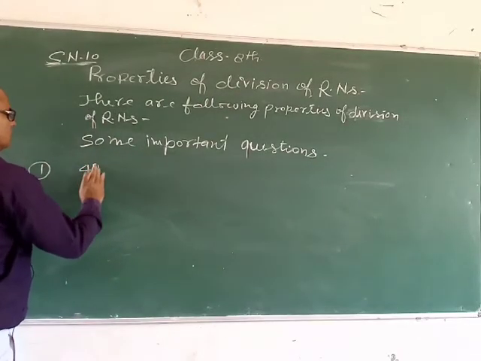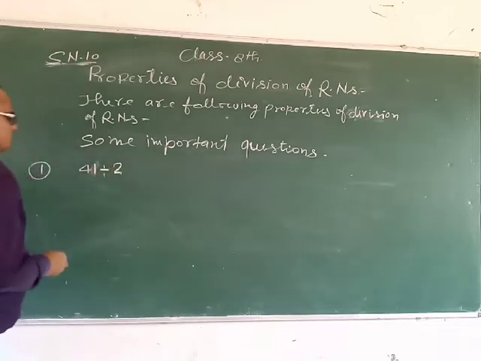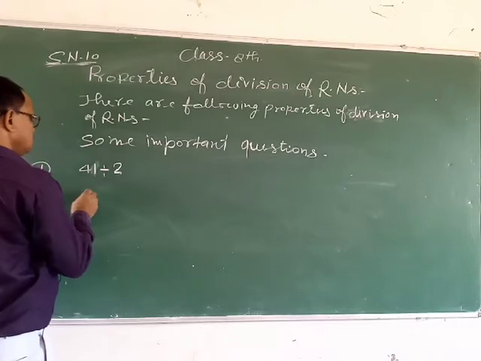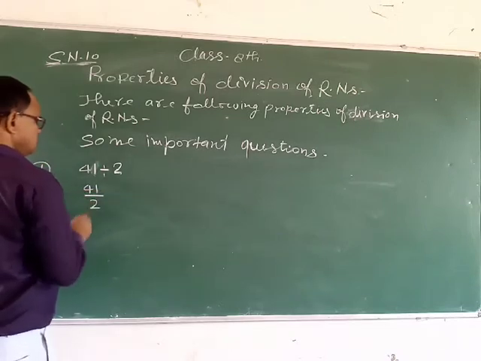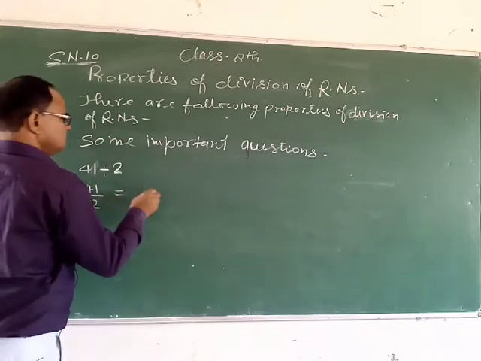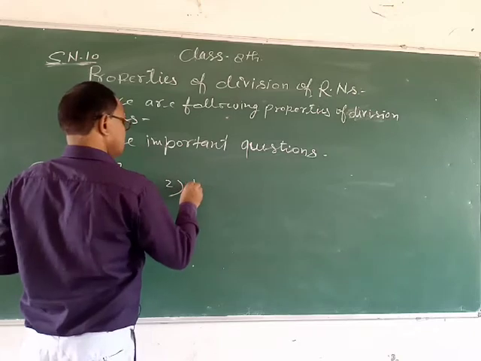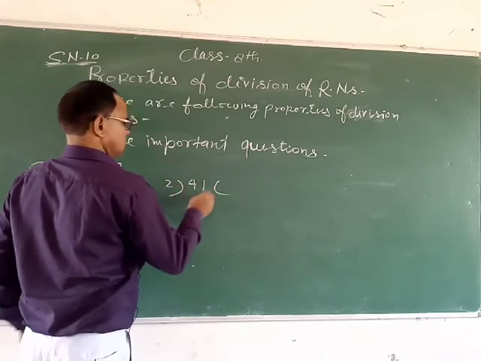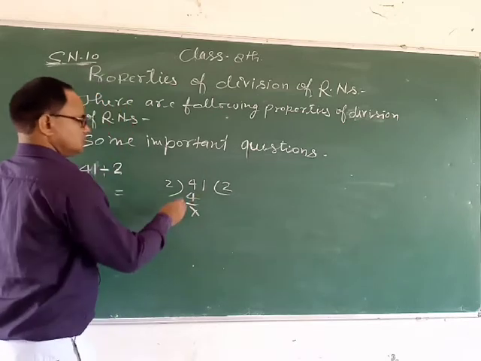40 to 41 divide 2. Here, or we can write in rational form 41 divided by 2. In this case, divide 41 divided by 2. 2 2s are 4. Here we can see